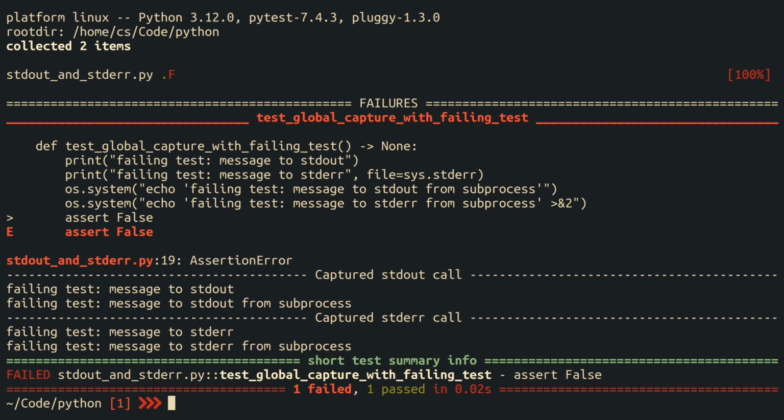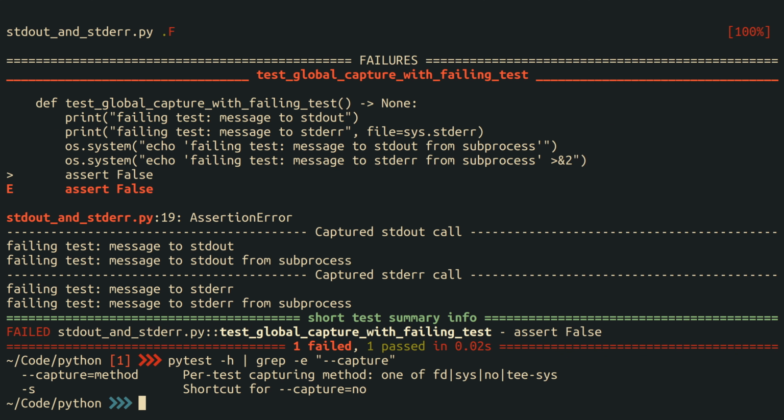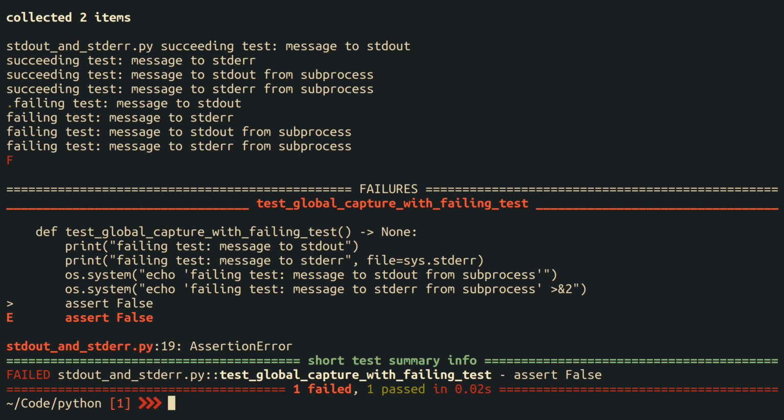This behavior can be changed with the PyTest --capture option, and as it turns out there are four alternatives that we can try now. Firstly, we can completely disable capturing by setting the option to no, and this means that you see all of the output from your tests, including the output from subprocesses, directly on your screen while the tests are executing.